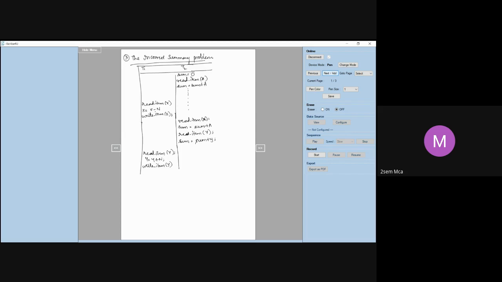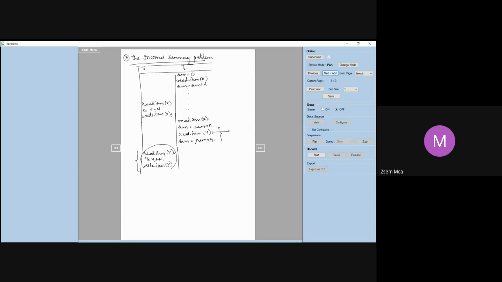See here, what is happening here? T2 is reading X after N is subtracted. Okay, and it reads Y before N is added. So there is something wrong in the summary. You have already added the value of Y to your sum. But on the other hand, Y is getting updated by T1.